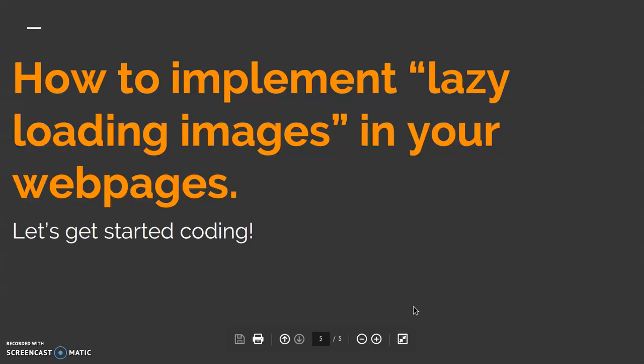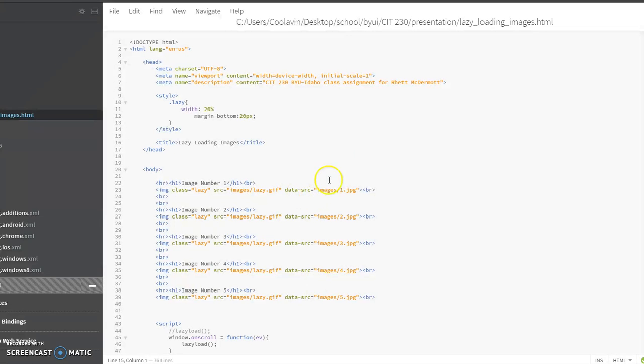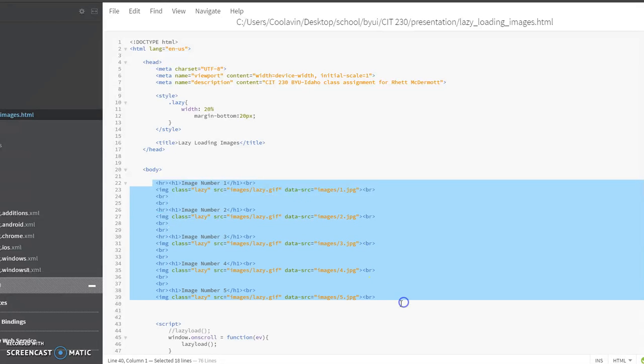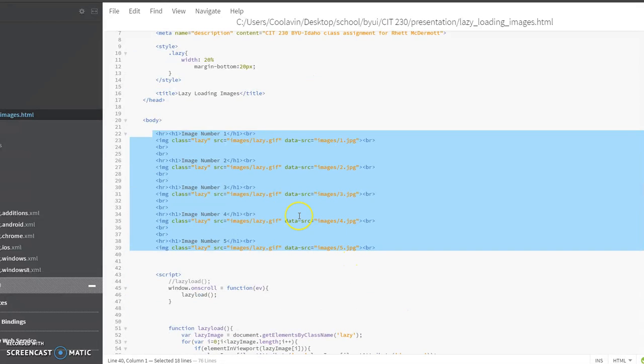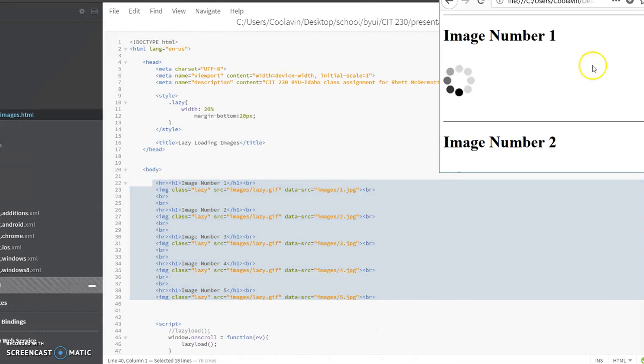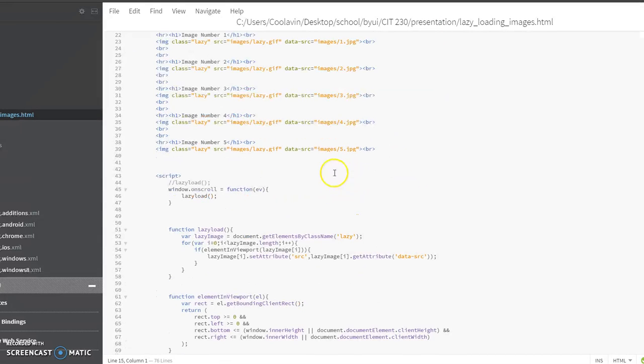How to implement lazy loading images into your web page. Okay, so here I've created a web page, and in this highlighted area here you can see I have included 5 images. Now these images right now, all they are showing is just this loading GIF right here. And what's going to happen is